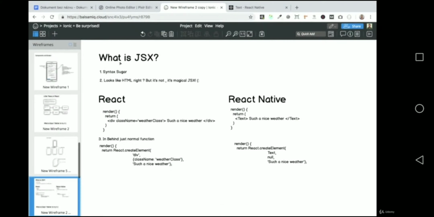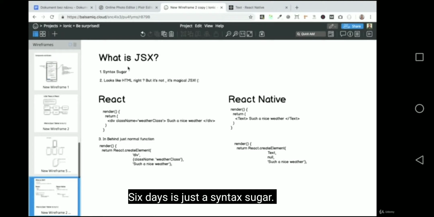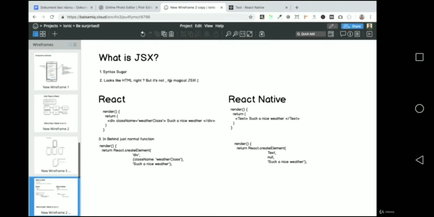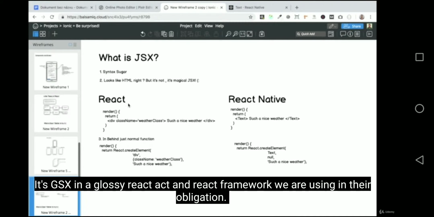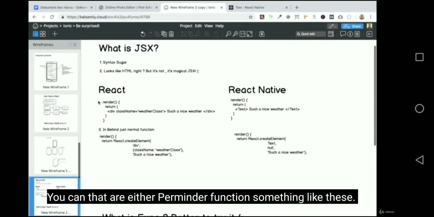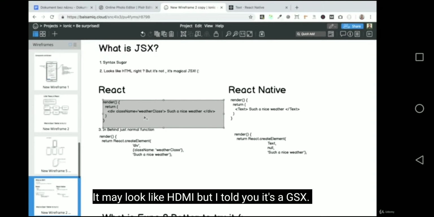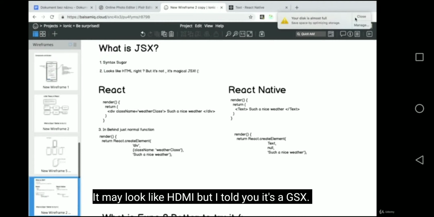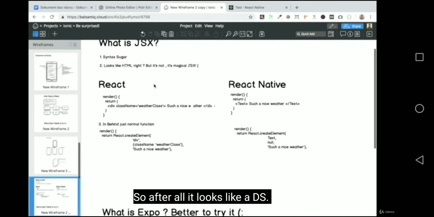So one more time, what is JSX? JSX is just syntactic sugar. It looks like HTML, but it's not, it's JSX. In classical React, the React framework you use in web applications, you can return something like this from a render function. It may look like HTML, but I told you it's JSX. So in an app,